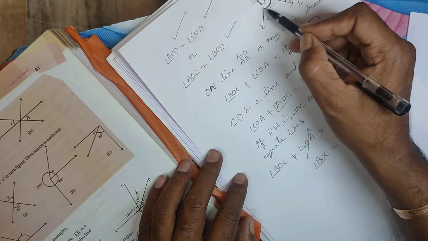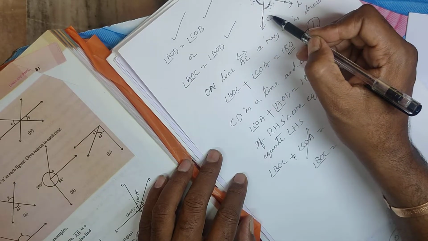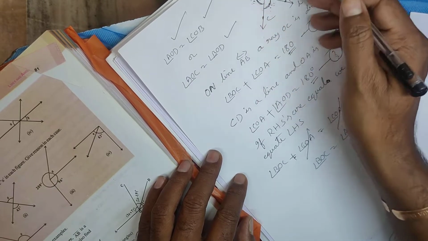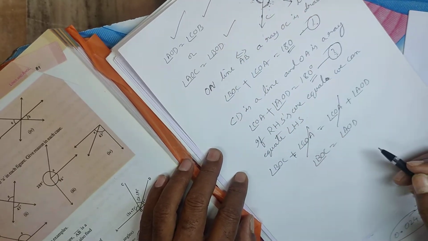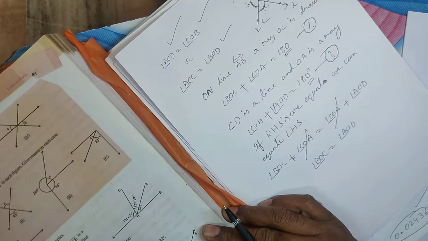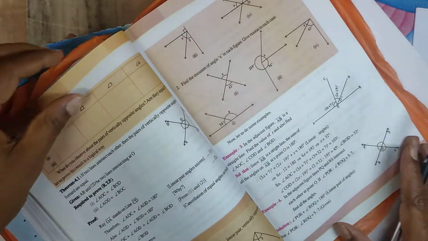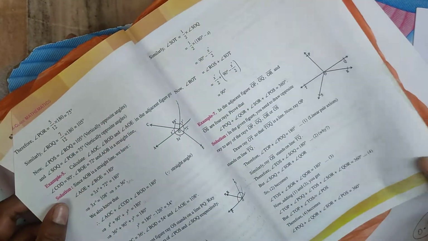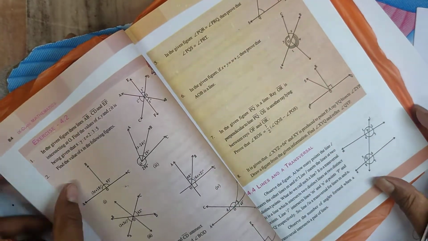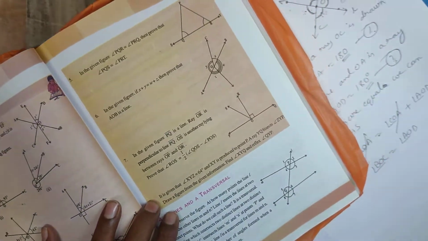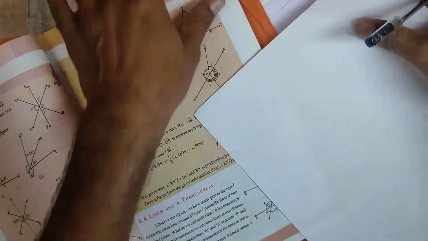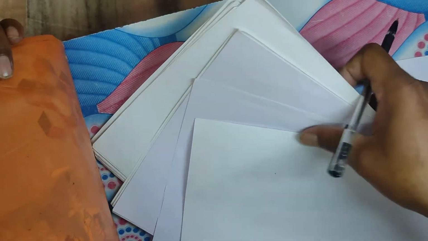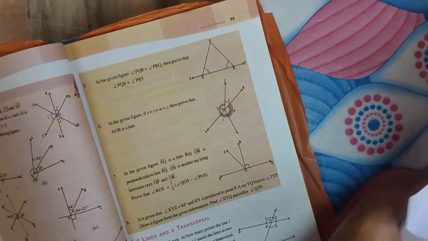Now I took this one and proved it here. Now you have to take the other two and you can prove the second one. So try for that. Then we will go for the next one. So it is a theorem, and the theorem is important. Now if you go for exercise 4.2, we'll see what exercise 4.2 is and what sums are there.